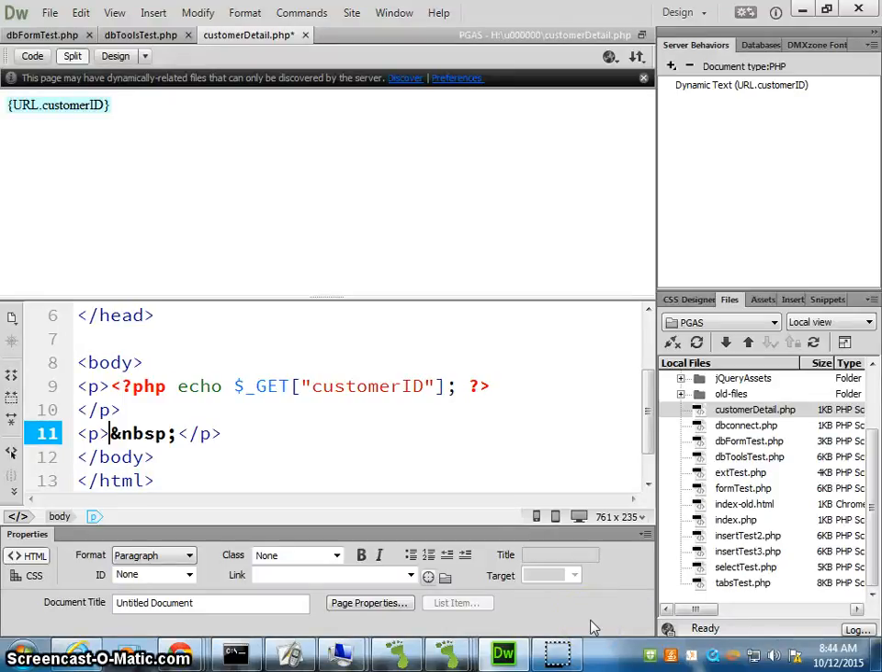Now that we have this page where we are getting a customer ID as a parameter in the URL, we want to use this parameter to control a database query so that we can get just one customer record from the customer table and display the data for that one customer on the page. So the first thing we need to do is go to our